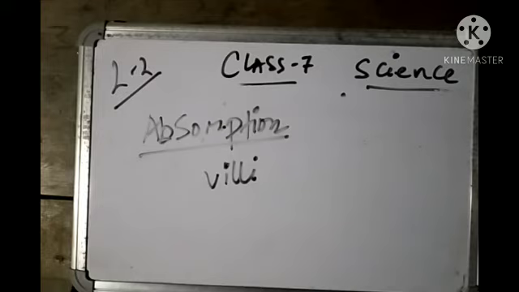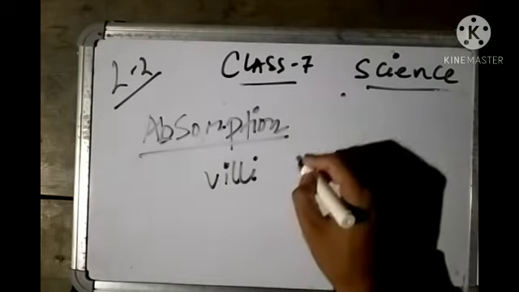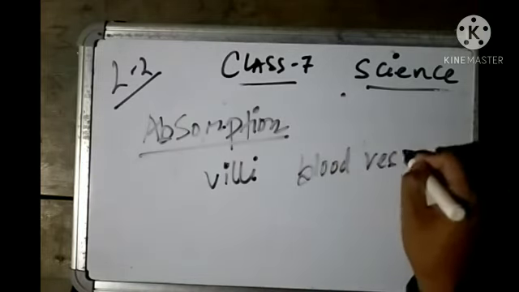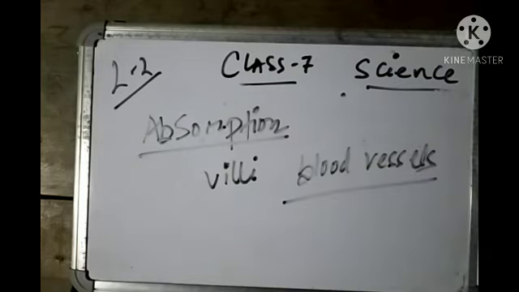The absorbed substances are transported via the blood vessels. Digested food passes into the blood vessels. It can be transferred to different parts or different organs of the body very easily through blood vessels, where they are used to build up complex substances such as the